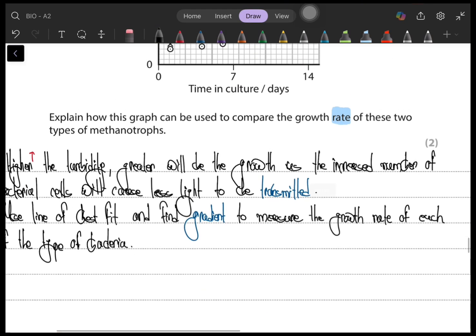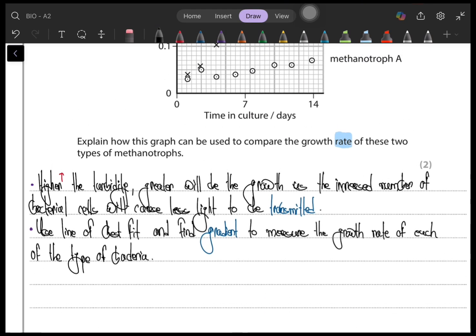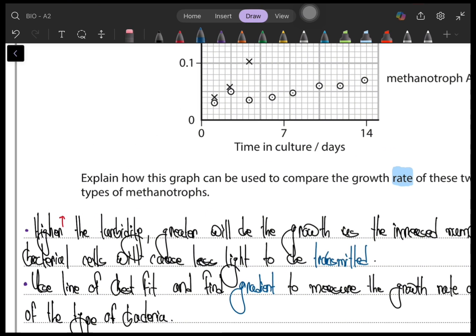So yeah, the higher the value of turbidity, the greater the growth, as the increased amount of bacterial cells would cause less light to be transmitted, right? I believe you have a basic idea about turbidity by now, colorimetry. As the rays of light pass through this solution, if the solution is deeper or thicker, less of this light would be transmitted through the solution, right? And the light is then detected by a detector, and this gives us the value of turbidity. It's basically colorimetry,